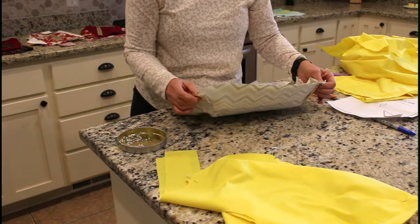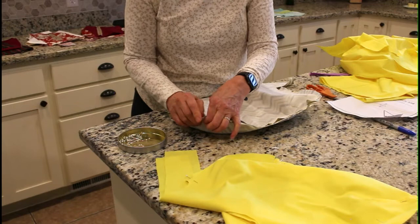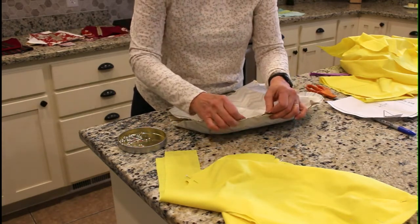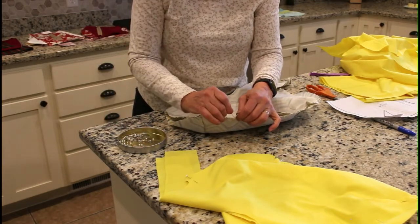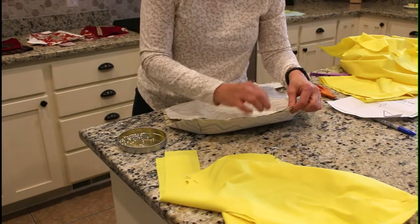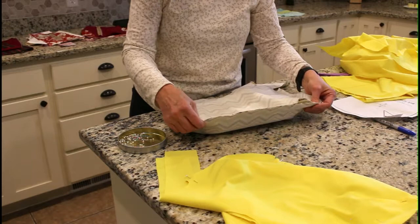That's just going to give a neater look, and it also will help to maintain the round shape of the bottom of the bag so that it looks like it's three-dimensional instead of just being like a two-dimensional flat sack. Those darts give it kind of a cute